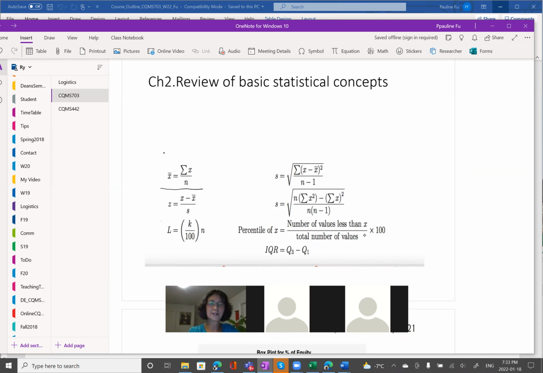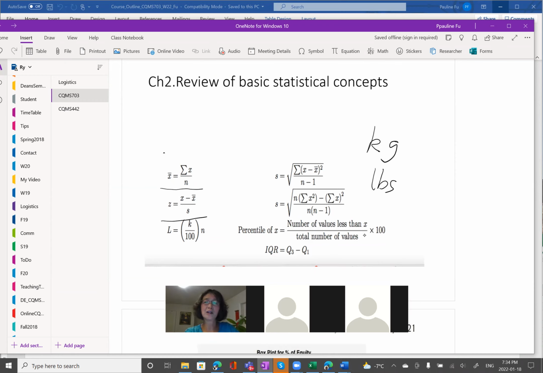And how do you calculate the Z-score? Some students always have the question, what exactly is the Z value? The Z value is a measurement. I will give you an example. For example, your body weight can be measured in kilograms. Your body weight can also be measured in pounds. There are 2 different measures, but they measure the same body weight of you.